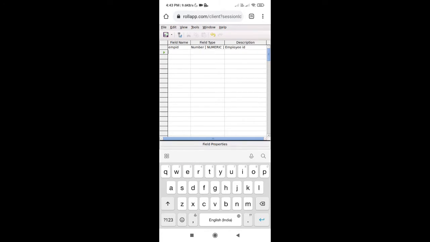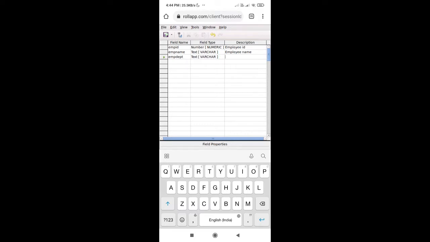Second is employee name. Field type will be text only. Then write the description. Third is employee department.